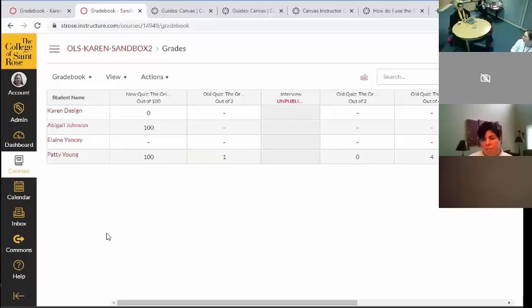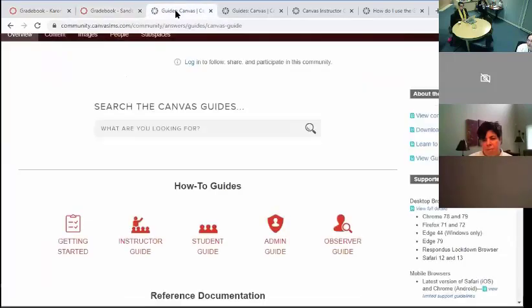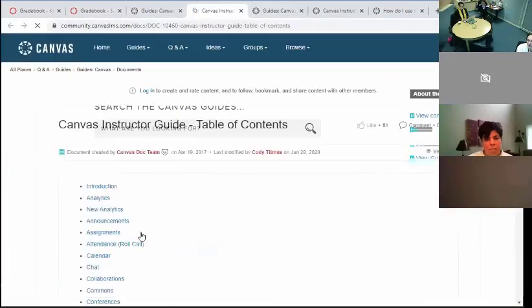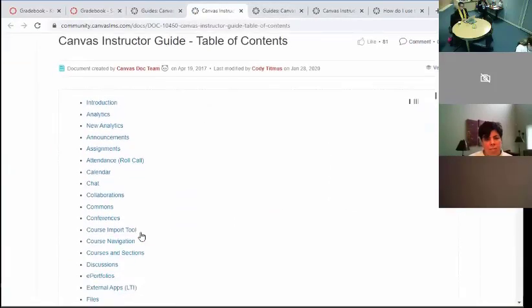I can't remember what the series is called, but our workshops usually are an hour, and we do them on Zoom, so you can do it remotely if you'd like. One thing, like I said earlier, the Canvas guides are very, very helpful and very user-friendly. When you go into instructor guide, even if you press Control F to look for something,